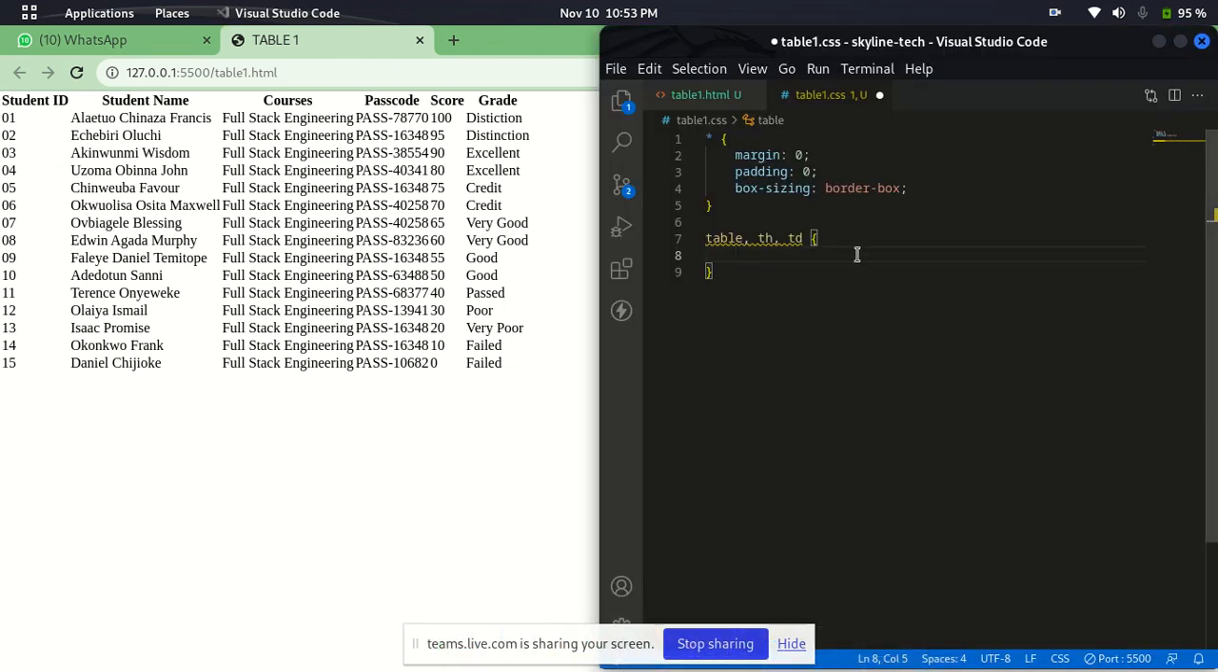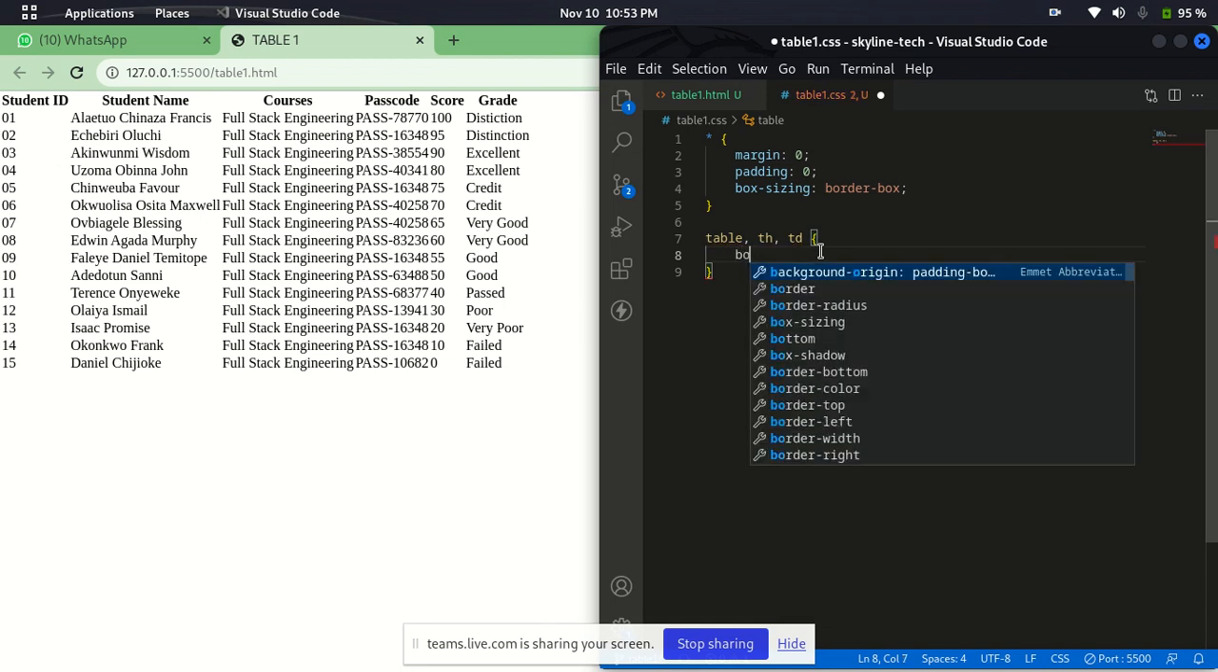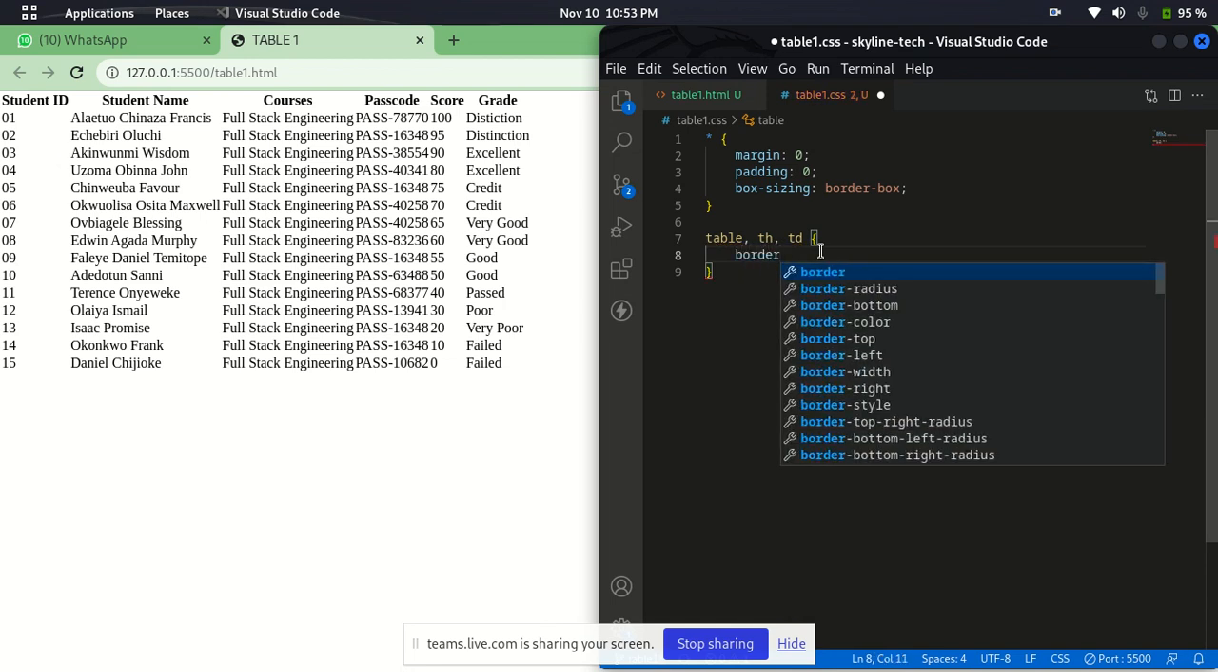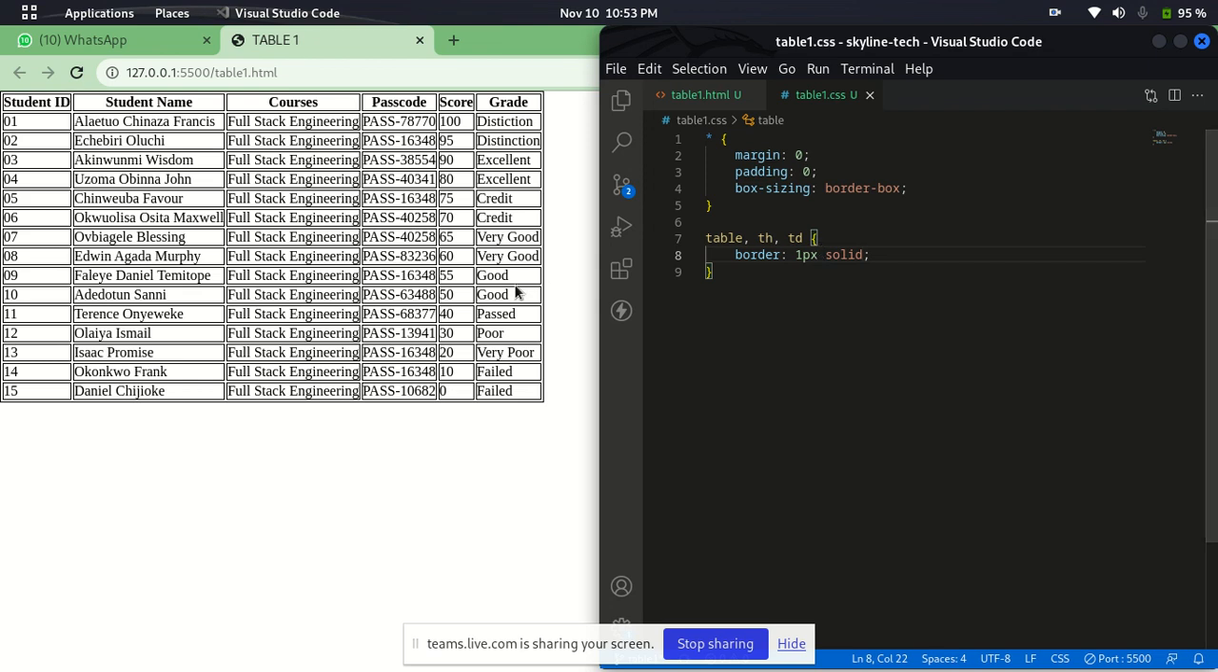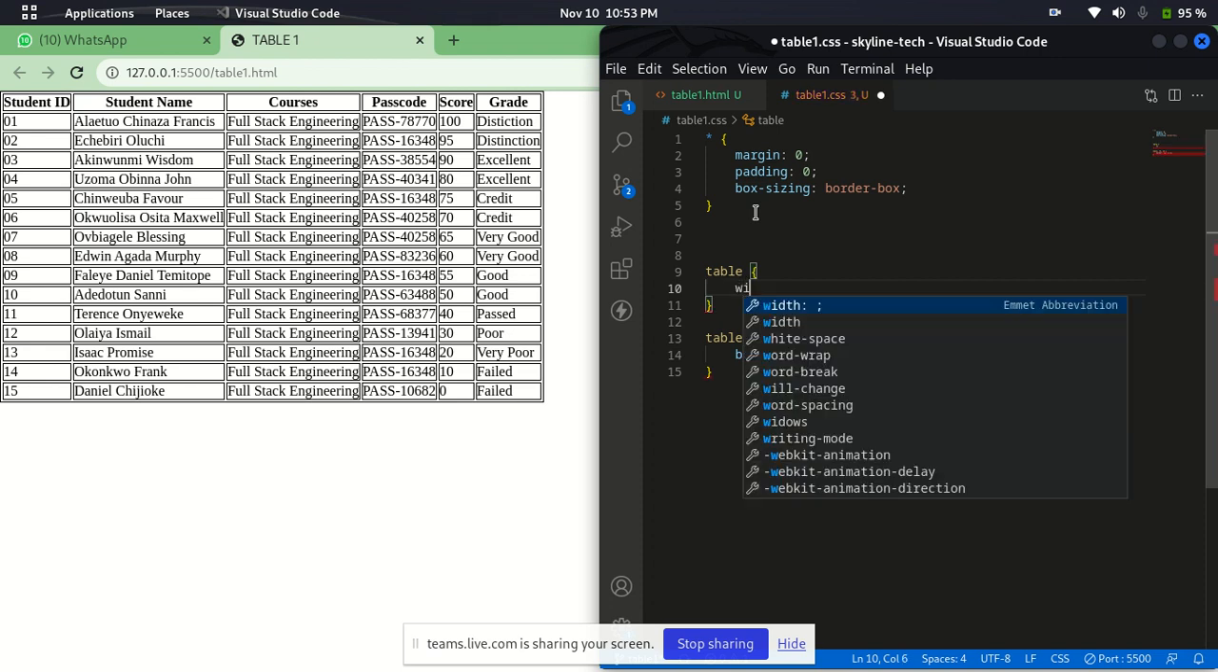Okay, so this table, I'll give it a border. Maybe 1 pixel solid. Let me just give you 1 pixel solid, so you take the default color like this. Before this, I want to give the table a width. Table width. The width should be